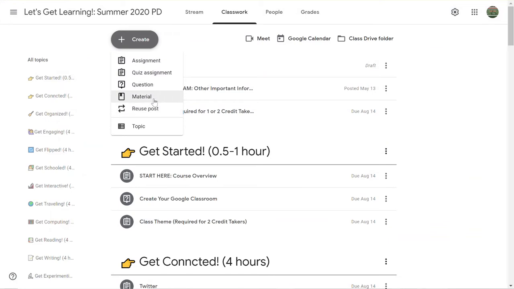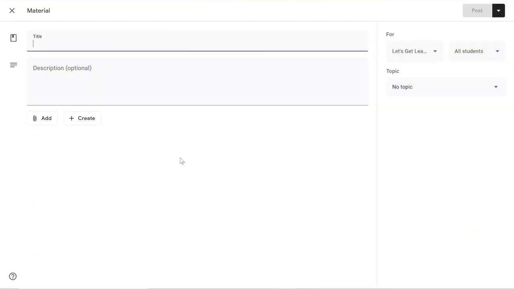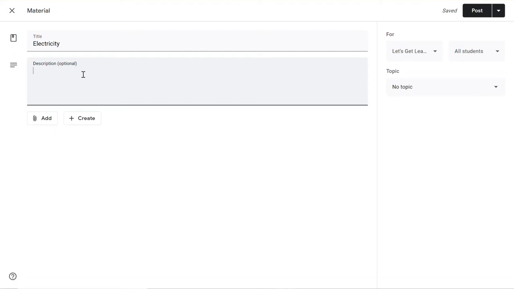However, sometimes I felt I needed to post material because we were just trying to see what was out there or trying to learn. So a lot of times I used material when I wanted to give students choice, or when the project that they were doing was actually a project maybe that they were creating on a poster paper or something separate. So creating my material this way and then giving them a ton of choices. Sometimes I would create, maybe we were learning about electricity, and then my material just asked them to choose three